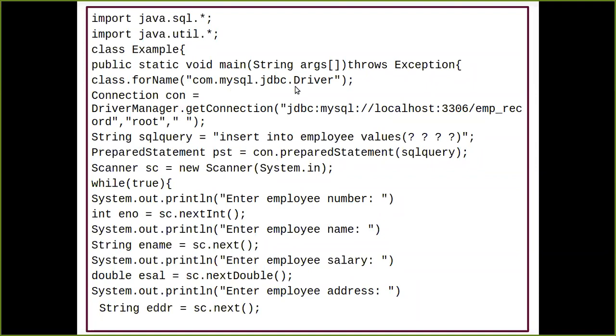There is a defined JDBC driver available for every database. When I showed you that one table, I had two things for every database: one was your JDBC driver and one was your URL format. Now, the JDBC driver you don't have to change at all. It is going to stay as it is, the mentioned database's JDBC driver, and you have to write it over here. So for MySQL, what is the JDBC driver?